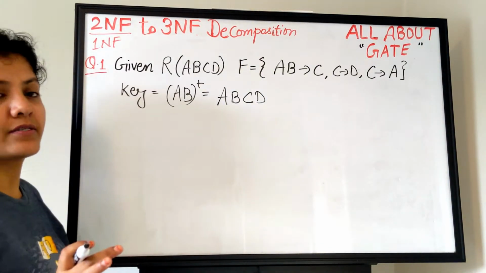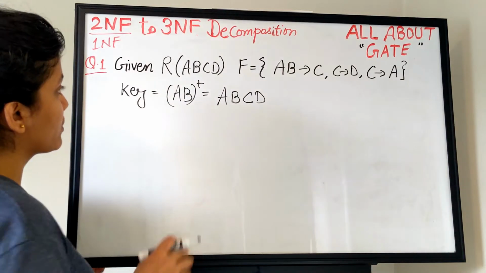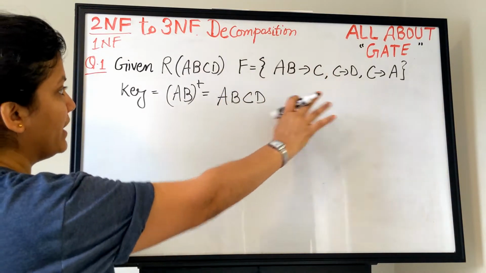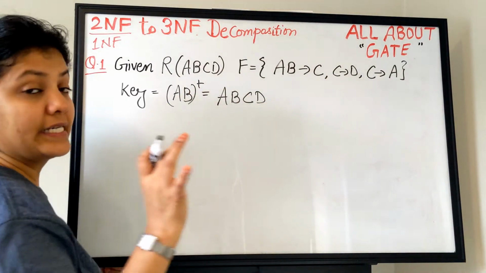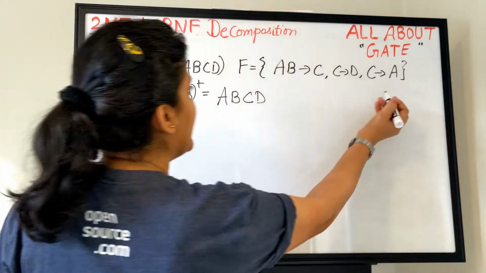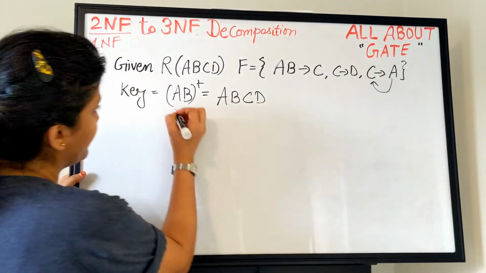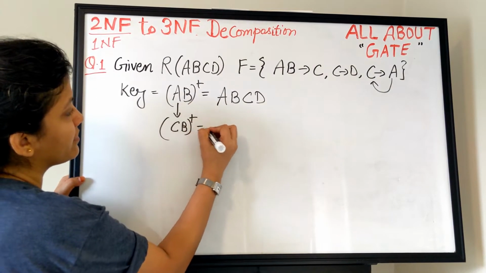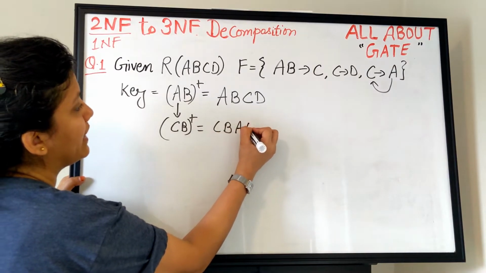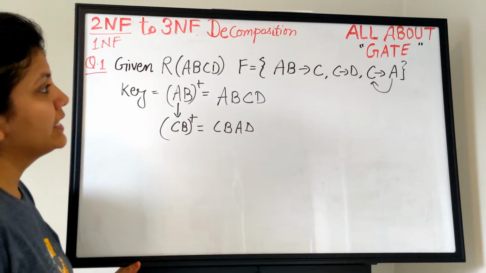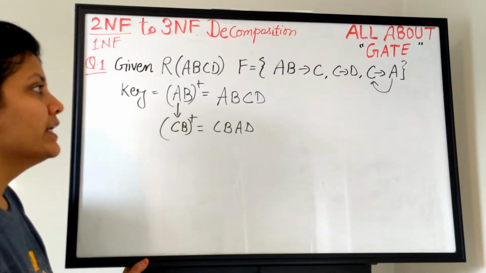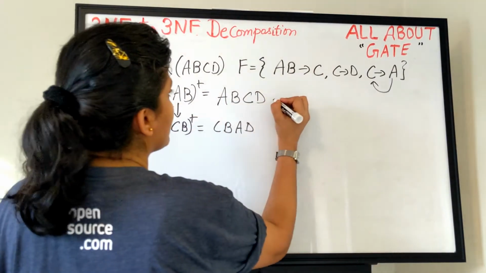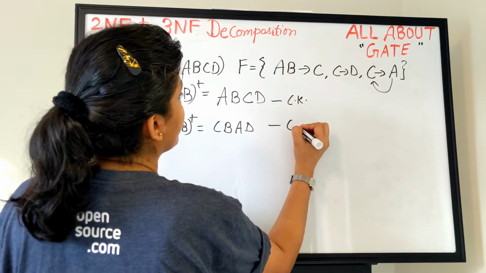So it looks like this is a super key, but let's check whether it is a candidate key or not. A plus gives me only A, B plus gives me only B, so it is not decomposable. Yes, it is a candidate key. Furthermore, A can be derived from C, so I can replace A by C and it becomes CB plus, which gives CBA and also D. And C plus alone, what can it do? It can give you C, D, and A, but it cannot give you B.